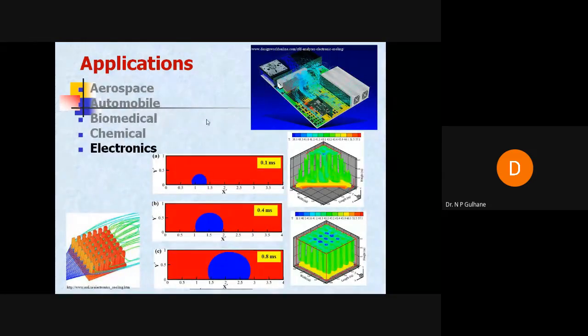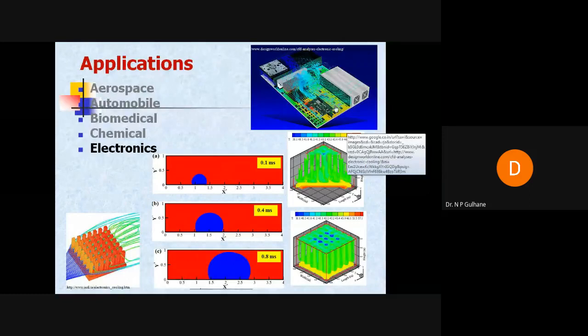This is one more important application, in the electronics field, which we are going to take up in our study. After this application of CFD, we are going to focus on this electronic study. You can see this is the entire PCB. Trillions of circuits are there: diodes, Zener diodes, triodes, amplifiers. All these circuits are assembled here in a very small area. Because of this continuous working, a tremendous amount of heat is involved, and that heat should be extracted to the surroundings with the help of either cooling technology or a fan.